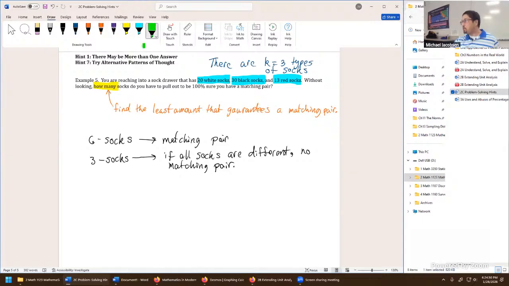So you are absolutely going to have a matching pair if you grab 6 socks. Once you've grabbed 3, the fourth sock that comes up can't be a brand new type of sock because there's only 3 kinds. If you grabbed 4 socks and nothing matched, well, there's more going on in this drawer than what we specified here. So the optimal answer is going to be 4 socks. This one also gives a matching pair